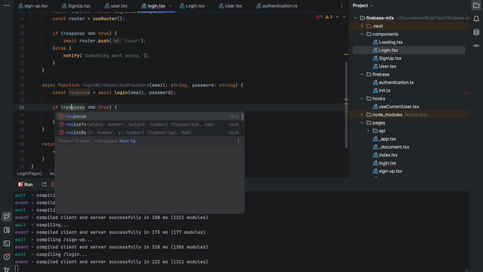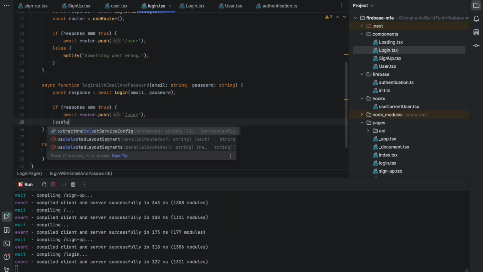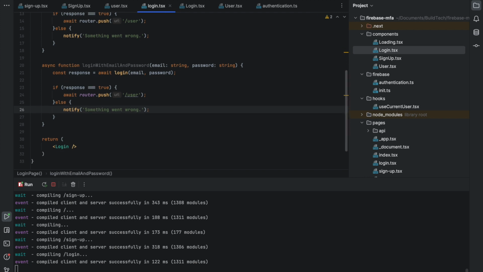Okay, here is the response. I will redirect the user to the user page. Otherwise, else, what I will do, I will notify the user something went wrong. All right, something went wrong. And what we have to do here, we are going to pass these two functions to our